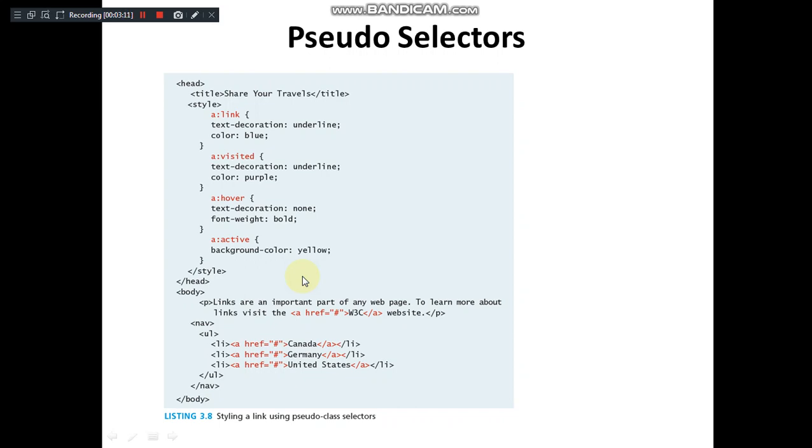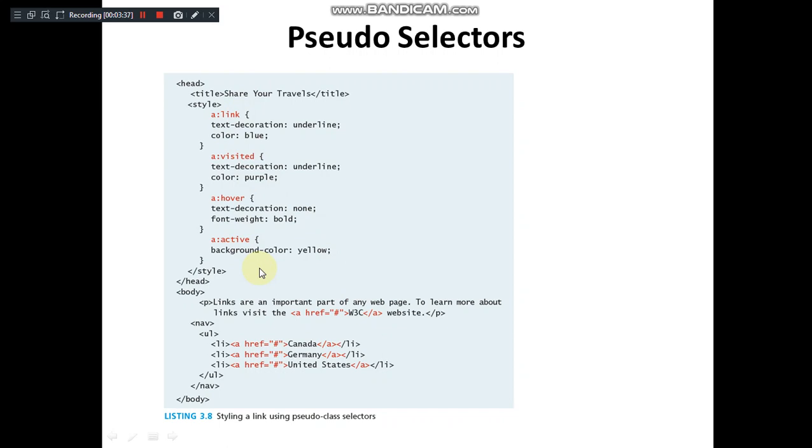So this is, I mean to say indirectly, that the pseudo selectors are applied not only by the presence of the element, but based on the user's actions, their appearance will be changed. You can just note down this particular example and try it practically to understand the difference between visited, link, hover and the active status of a particular element.